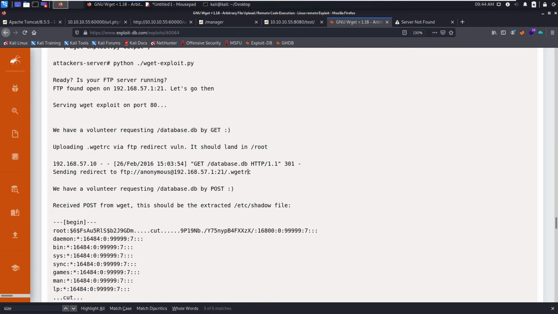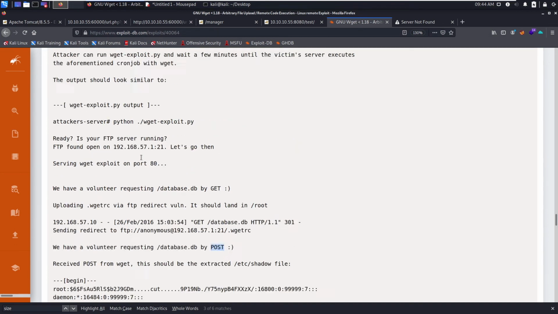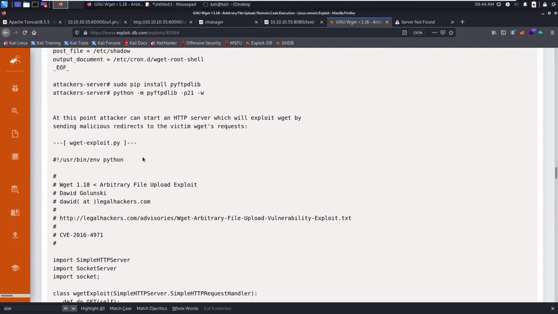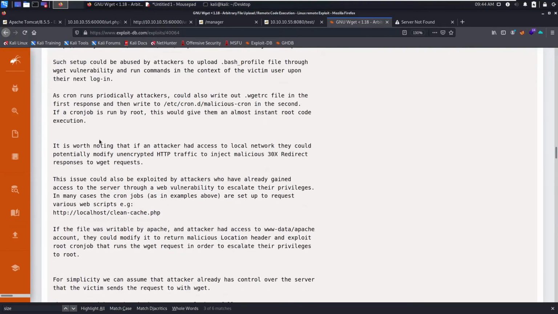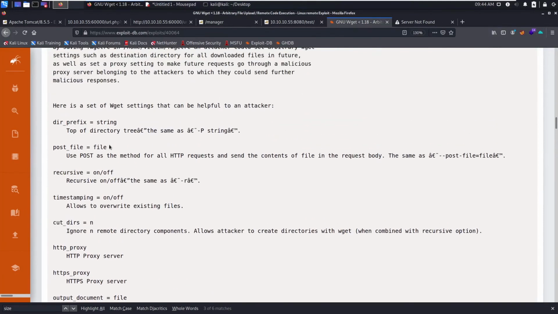So it will be downloaded as .wget.rc instead of the file name it is being requested. Okay, after saving this, if the victim is asking for a post request, and because we already set the post_file name as etc shadow, we will set this as etc shadow.